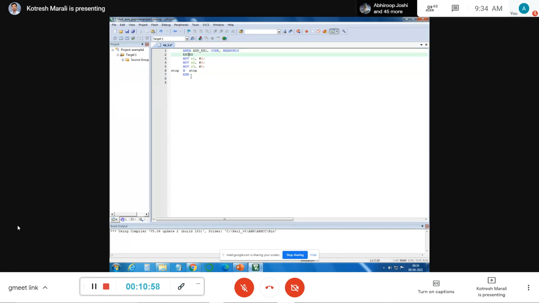Then ENTRY and END are just like the start and end of the flower brackets in your C programming, right? To be strictly speaking, those flower brackets in turn have an equivalent meaning, which is nothing but ENTRY and END. Now here we try to write some instructions. I am writing three MOV instructions, a very simple job to be performed.